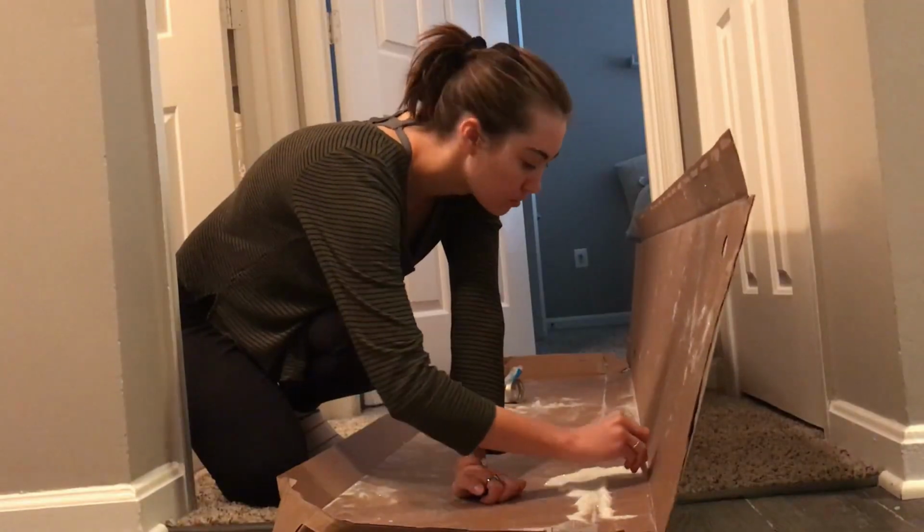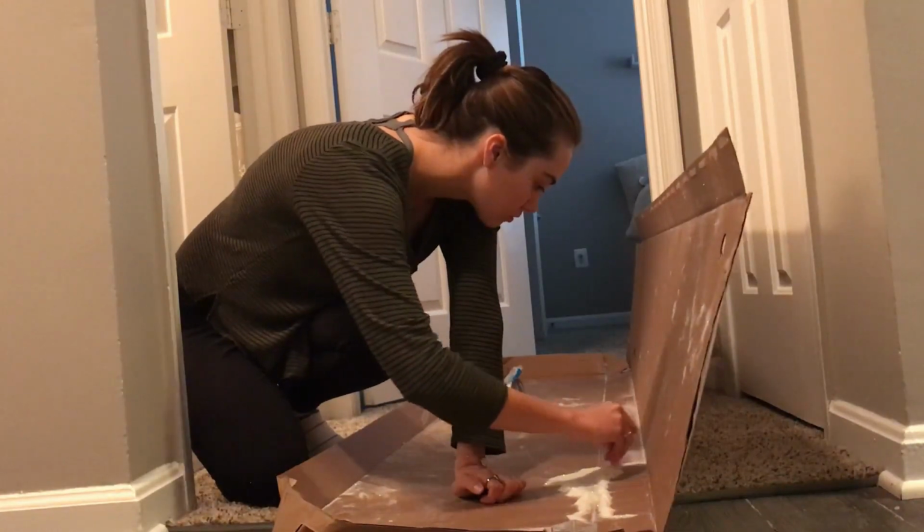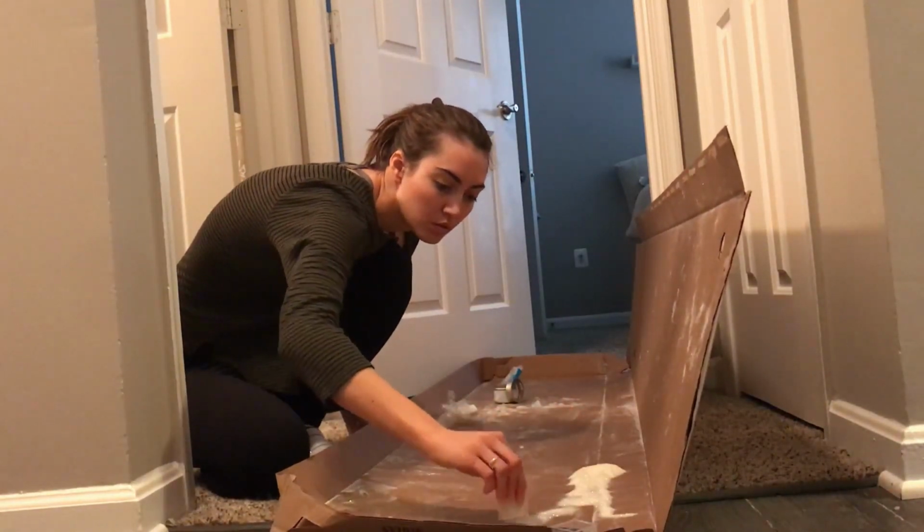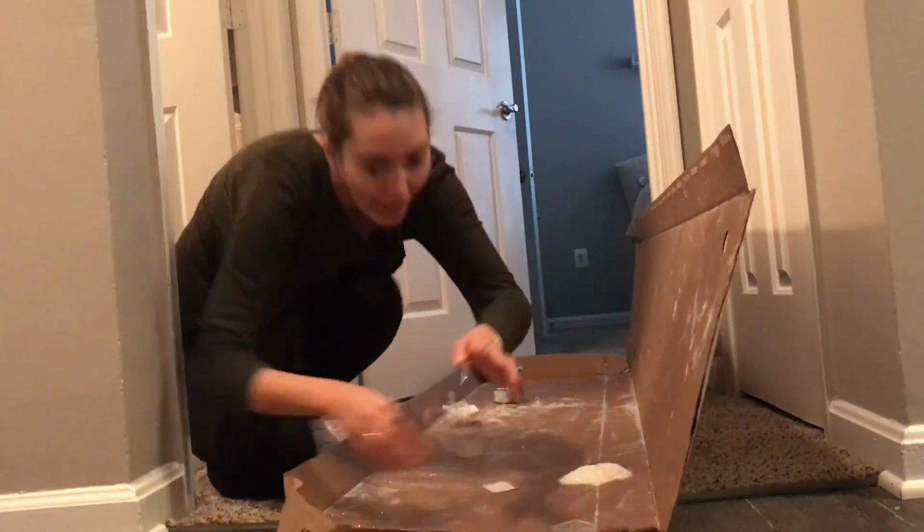I have a lot to figure out. But I'm excited about it and it looks dope. Like, if not functional, it's like a really cool art piece. Look at how